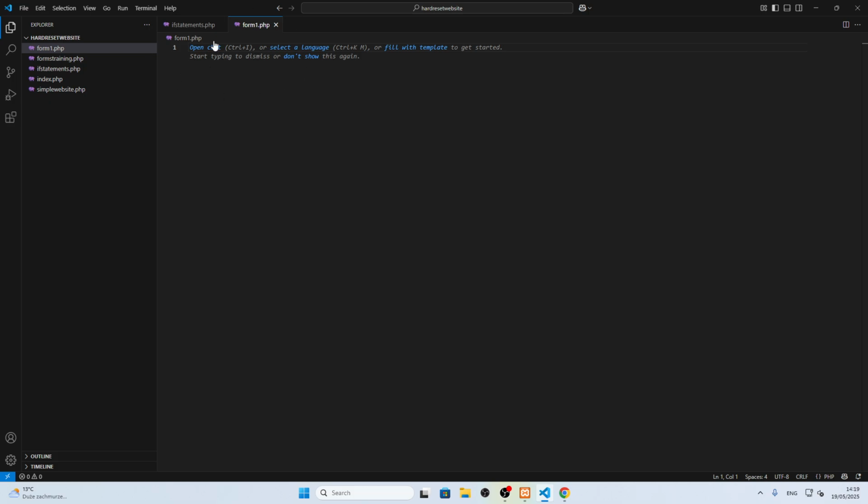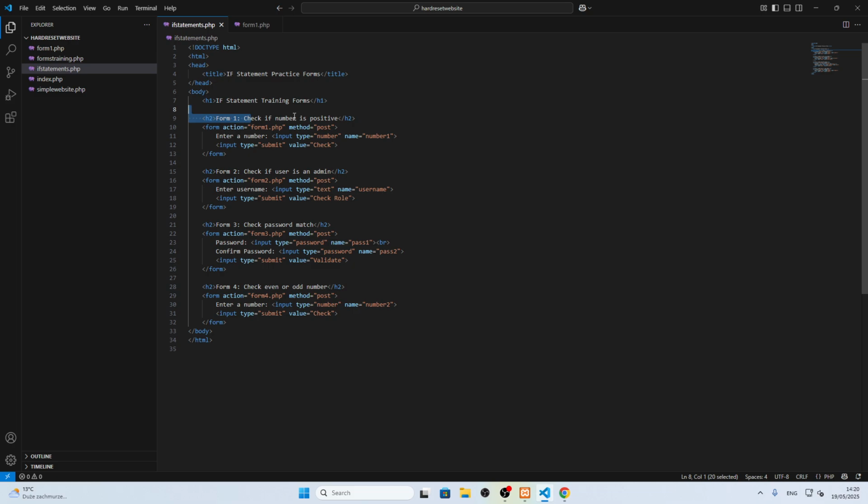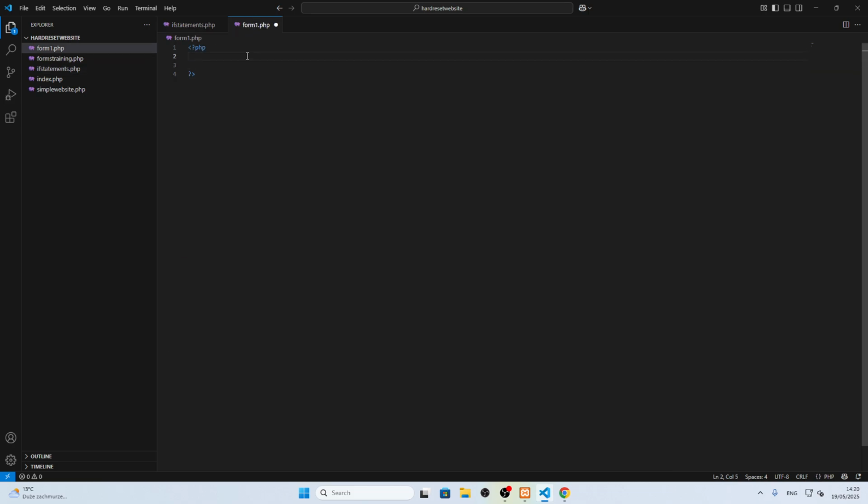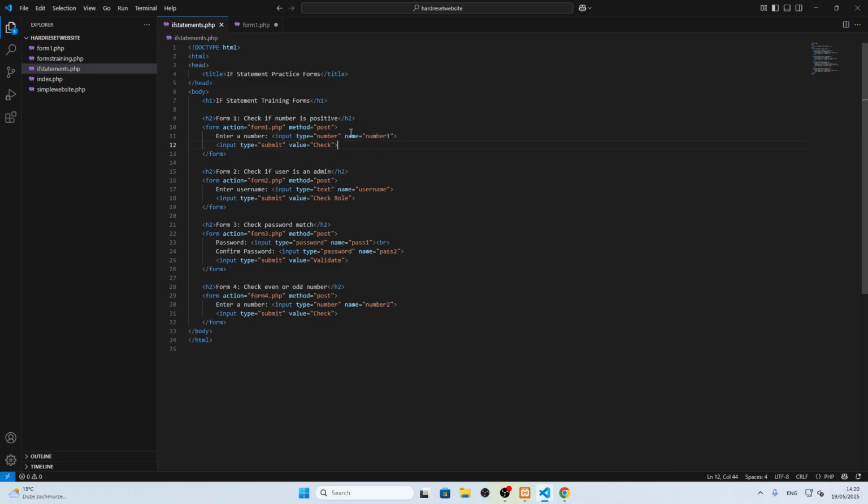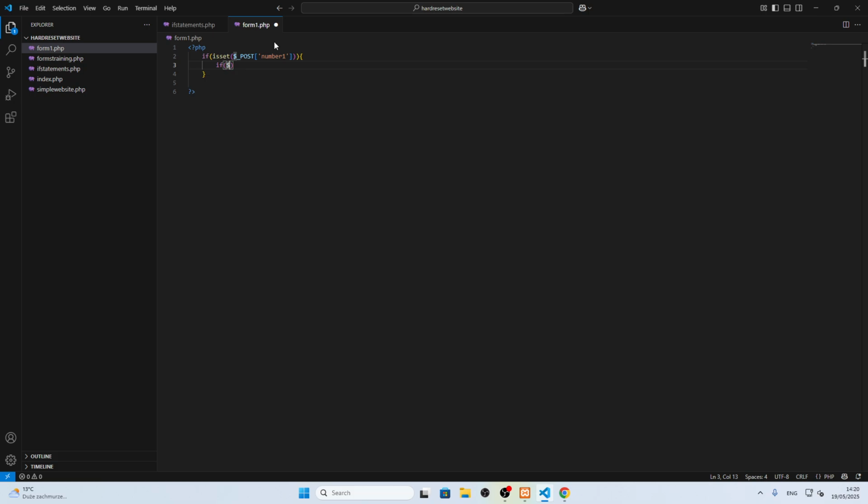As you can see, now we are in the form 1.php, and let's open the PHP tag. Now let's check if the number is positive. Here we have input type number, name number 1. So at first do something like if isset $_POST number 1, and now let's begin. Let's do the if statement and our variable, which is here, name number 1. So if $_POST number 1,